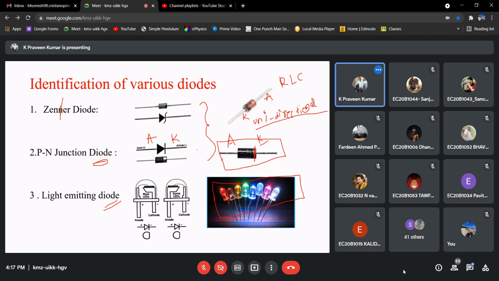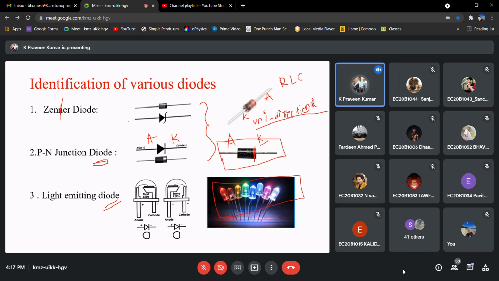I want to ask one more question. If you're aware, you can just tell, otherwise no problem. What is the basic difference between a PN junction and a Zener diode? Zener diode only functions in reverse biased conditions, right? Oh, only functions in reverse bias. It won't function in forward. Sorry, in reverse breakdown conditions.